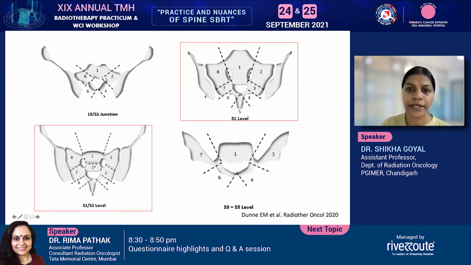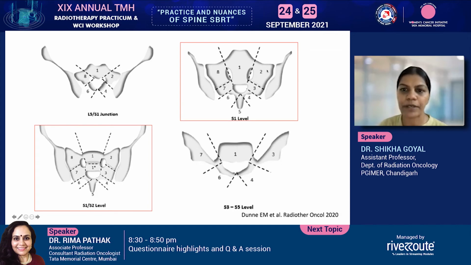When we go from cranial to caudal, we can see that the sacral vertebrae change shape. When we are seeing vertebrae at the S1 and S2 level, we see that the body of the vertebra is divided into 8 sectors as opposed to the 6 sectors in the rest of the spine. These sectors again start at sector 1, which is the body, and then we go clockwise. The LI is divided into 2 sectors based on the embryological origin.